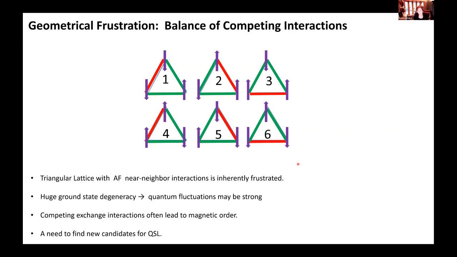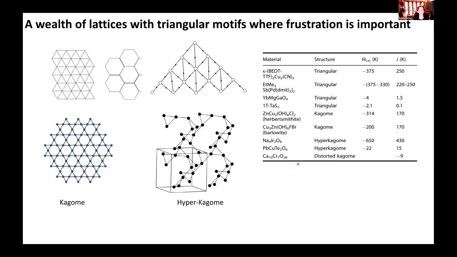And it is this huge multiplicity, which is the characteristic of geometrically frustrated systems, which is why they're so good as quantum materials. And this slide is only to tell you that there are different variants on triangular lattices that have been explored. Some of them are more likely to be ordered than others, but largely we are still looking for a quantum spin liquid, which has strong magnetic character, but no order.